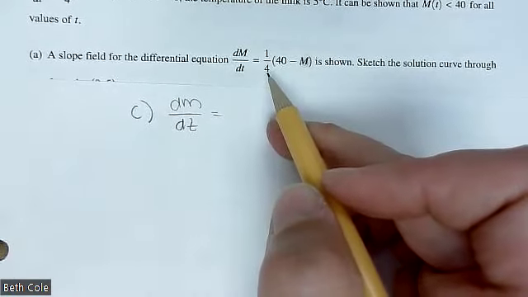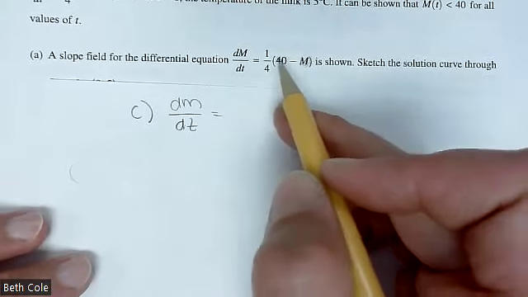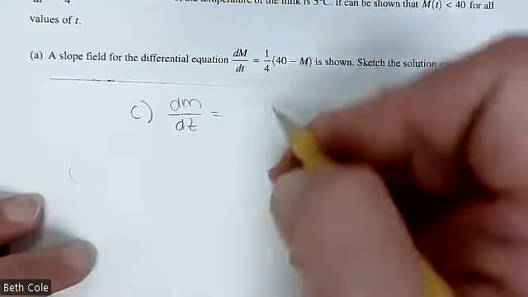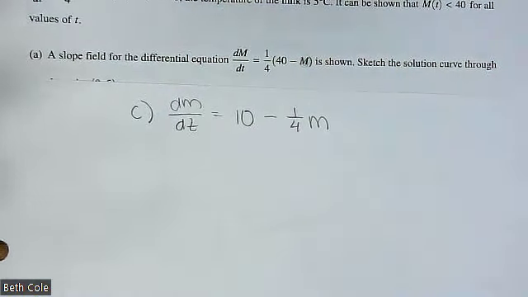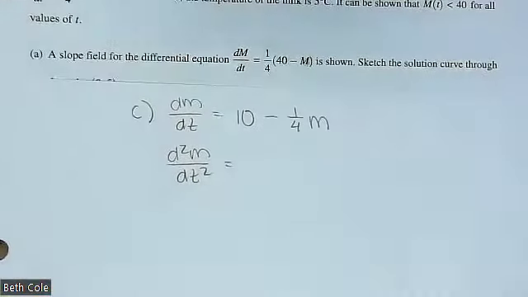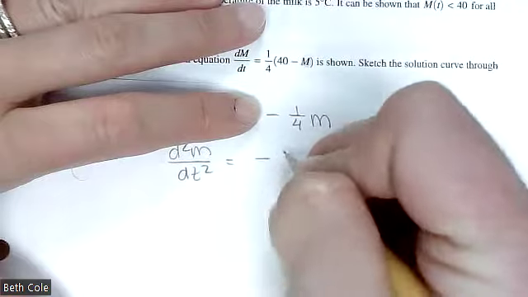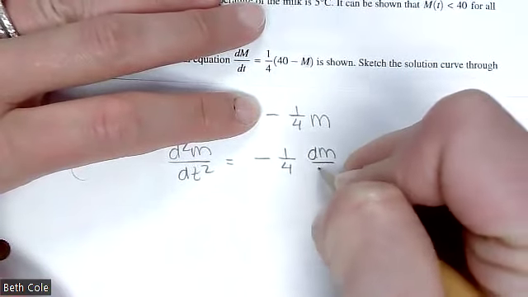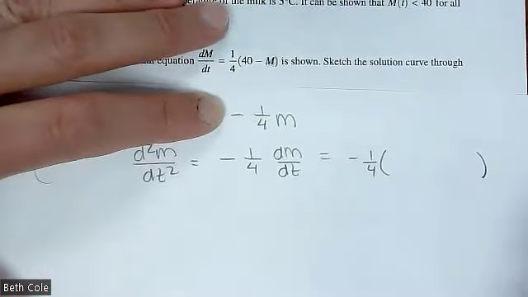This is a personal preference thing, but what I would do is distribute that 1/4. You can or not, but that's what I would do. If you distribute that 1/4, you're going to get 10 minus 1/4 m. In my opinion, that looks a little nicer. There's no parentheses in it. And then we're going to do our second derivative. So what's your derivative of just 10? It's nothing. Good. So that's gone. Derivative of negative 1/4 m is negative 1/4 dm dt, which is negative 1/4 times